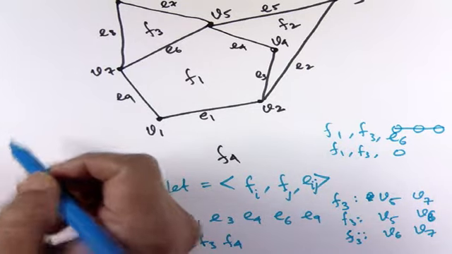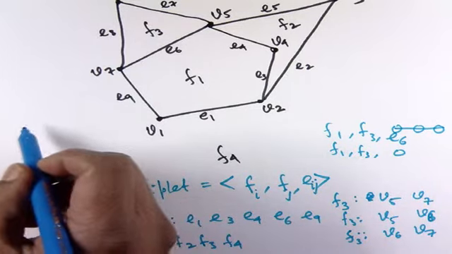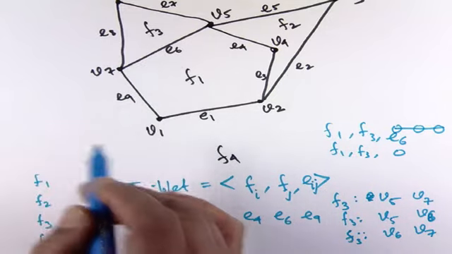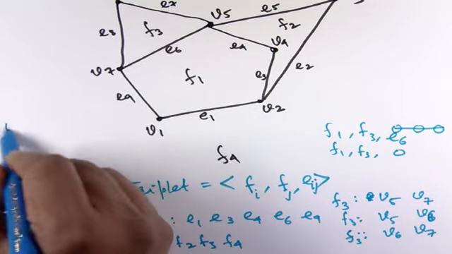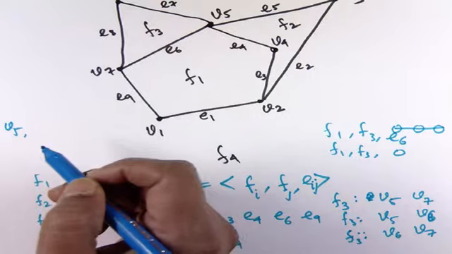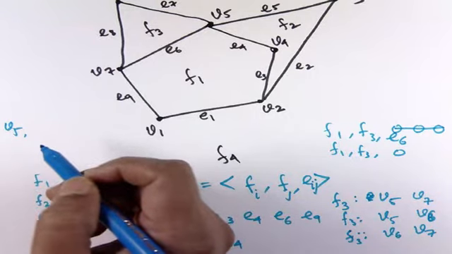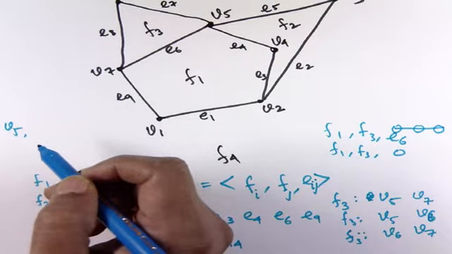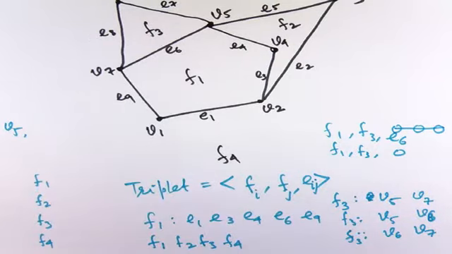Which vertex? Any vertex. V5. Then? There is no question of visiting. There is no dynamics. This is a representation. So first the representation, then we will do the